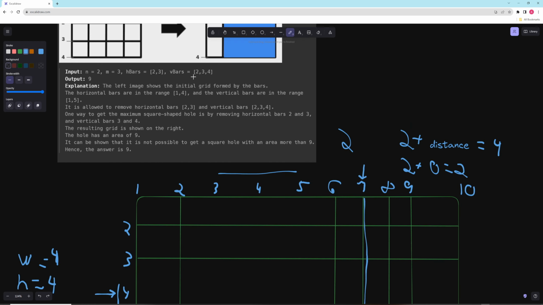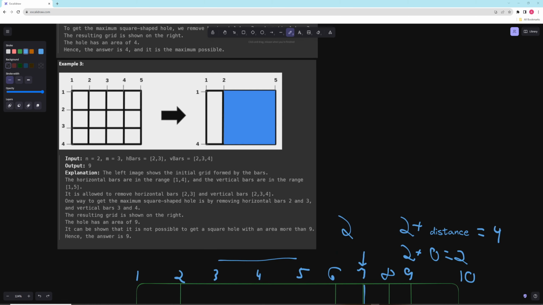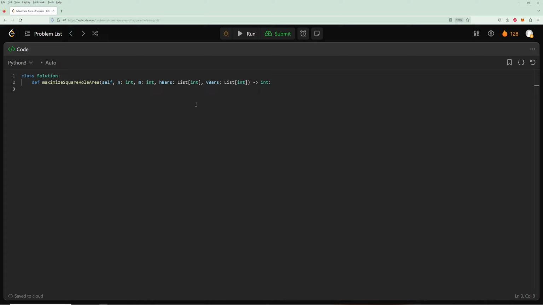We just run through the bars and we check for what's the biggest continuous sequences, and then we could figure out what our height and width would be from that. And so now we have enough to code it up. So we're going to sort the bars. So we're going to say hbars dot sort